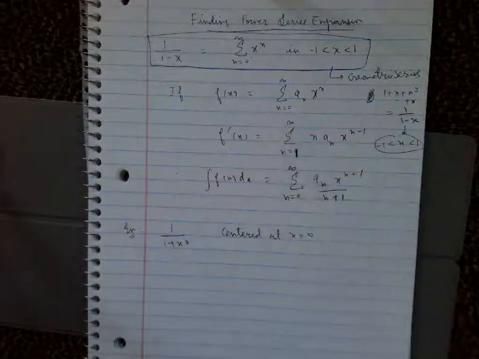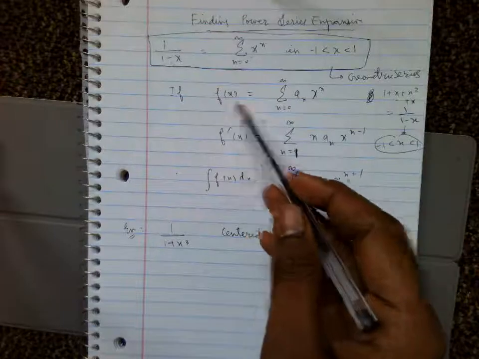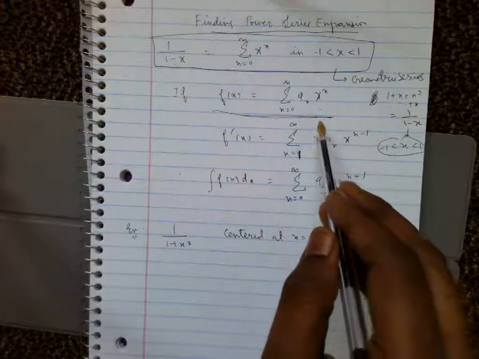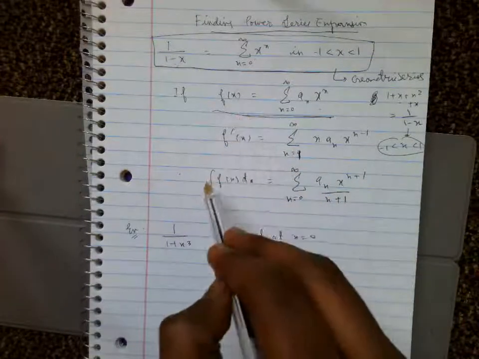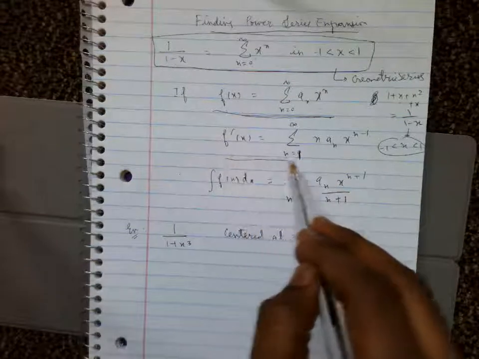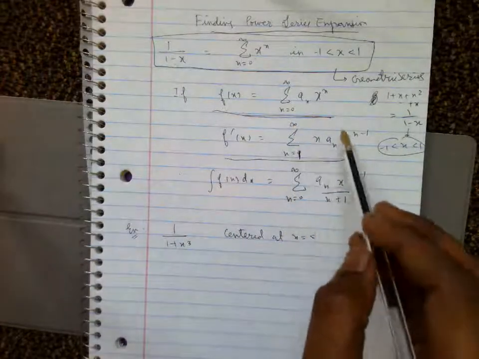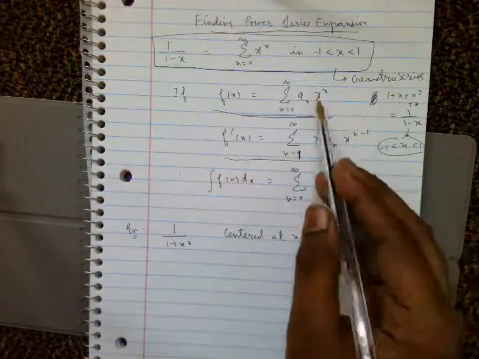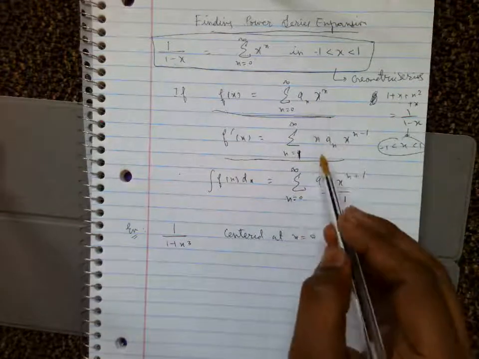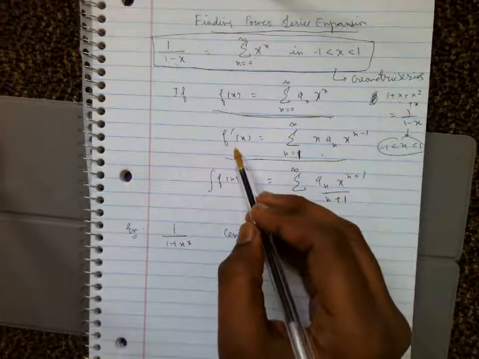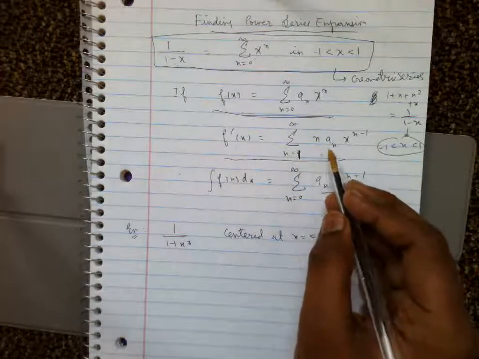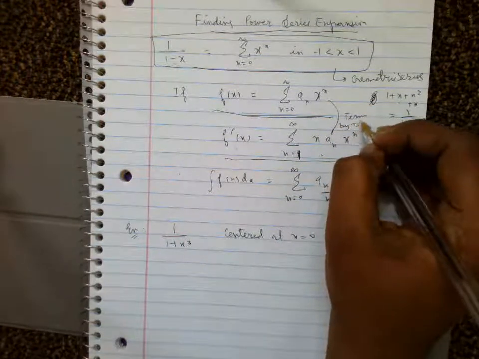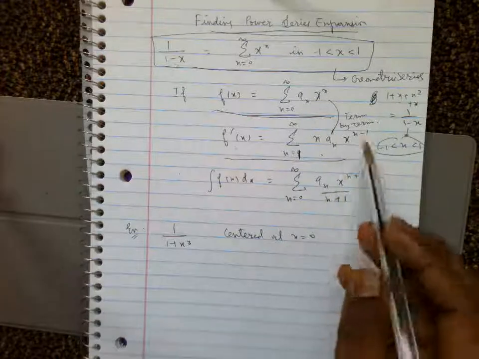So the fact here is that if you have a function whose power series is represented in this form, then in the interval of convergence you can integrate and differentiate this function, and the power series will just be the term by term differentiation. So that means if you want to differentiate this function, you can just differentiate the terms individually. That is, the power series of f prime of x will be summation n a n x to the power n minus 1, which is just the term by term derivative of this series.